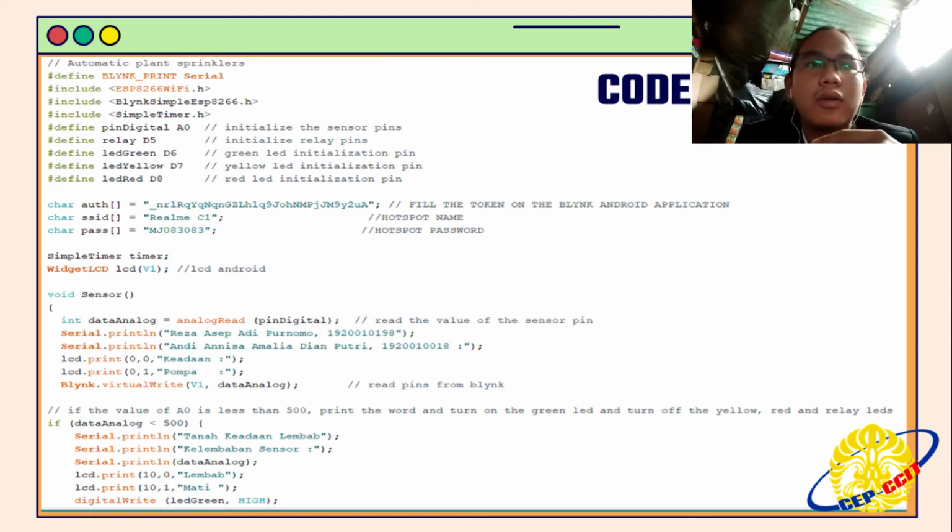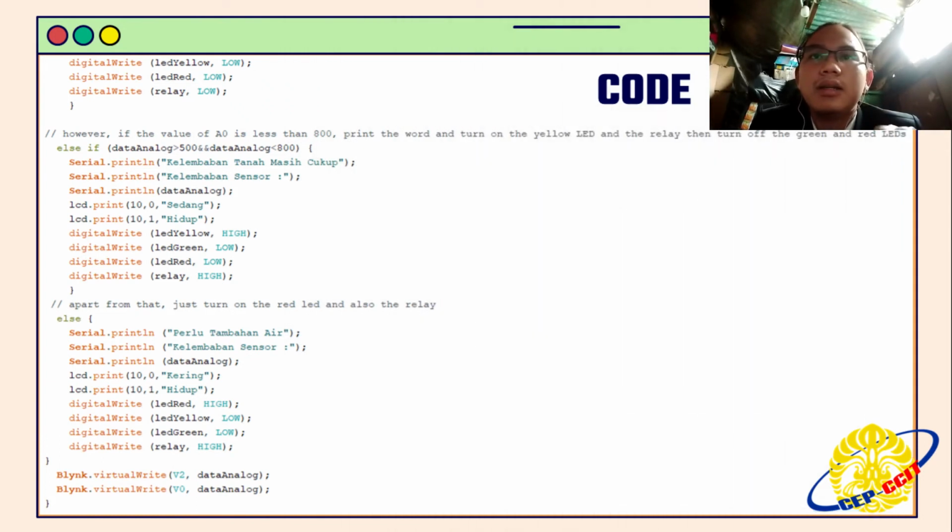Then connected to the virtual pin LCD Blynk, namely V1, create a digital pin which will be the if logic gate as shown. If it is below 500, it will display the data, and the green LED lights up.